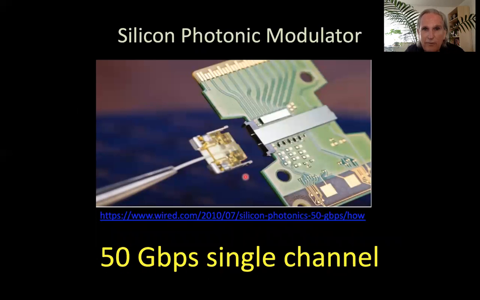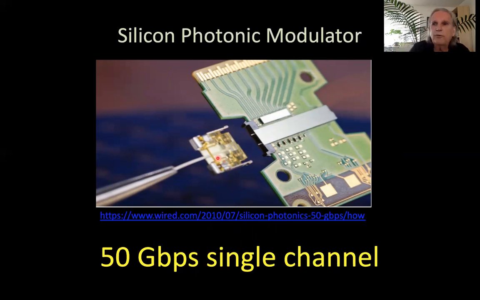Another one that it allows you to make is a modulator. This is not one of mine. I got this picture. Well, here it is. This is all the way back from 2010. This is the first 50 gigabit per second single channel modulator. This was an early one that came out from IMEC. This is a group in the UK. And at any rate,